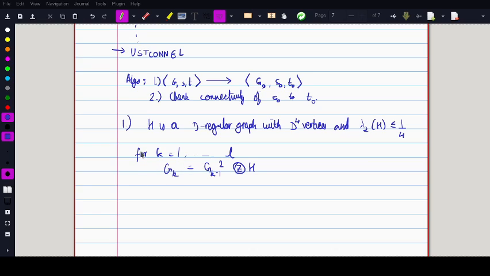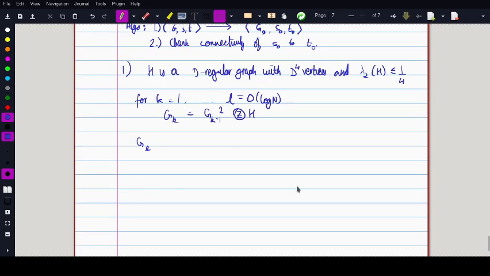Finally you will be left with GL, where L is order log n, and our claim is that GL works. Basically GL is an expander graph, and it has all the good properties that we want. Again, the easy properties to see in GL would be